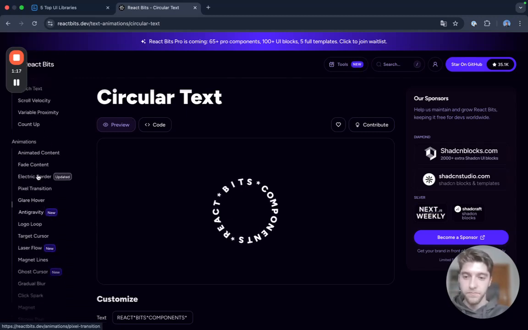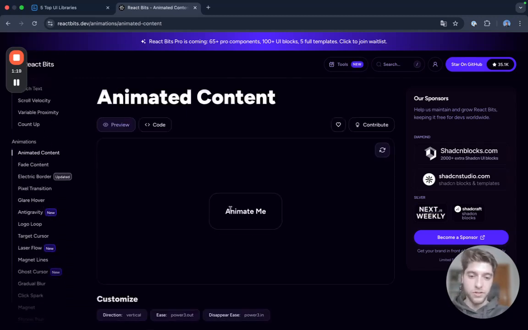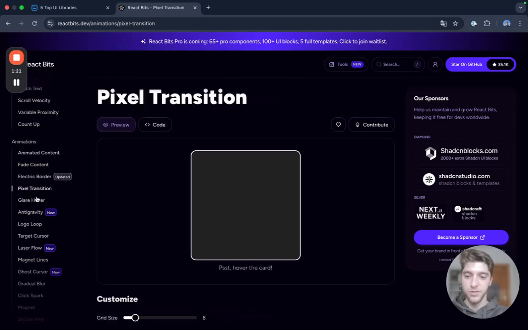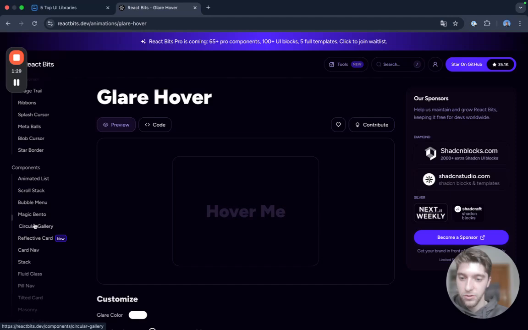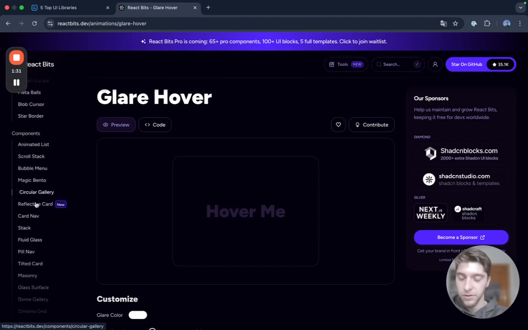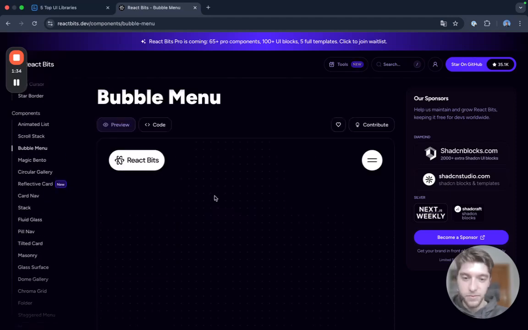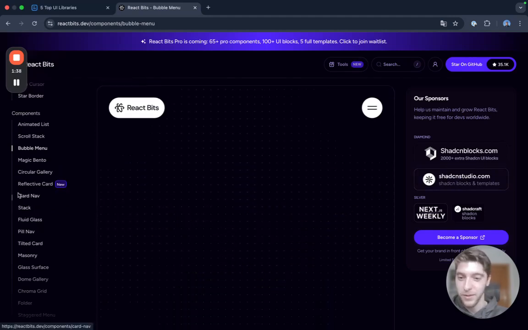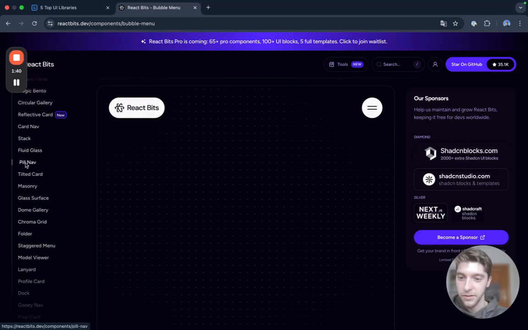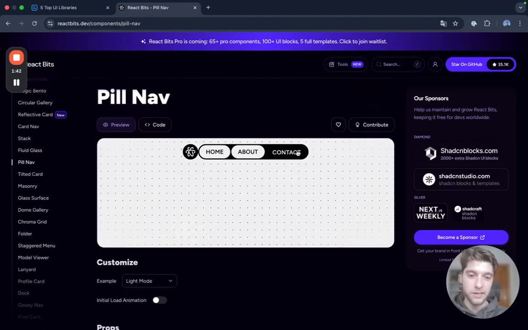You have also got animations for content. You have got pixel transitions. You've got the glare hover. I mean, this is crazy good for any type of car, for example. And you have also got components I really like. Which one was it? Was it the bubble menu? I think it was. Yeah, I really like this bubble menu. I think it's super cool. I also like the nav bar that they got, the spill nav. I really like it. I just think it's extremely clean and you can just literally insert it in your project